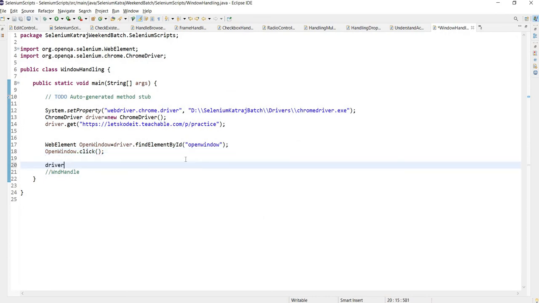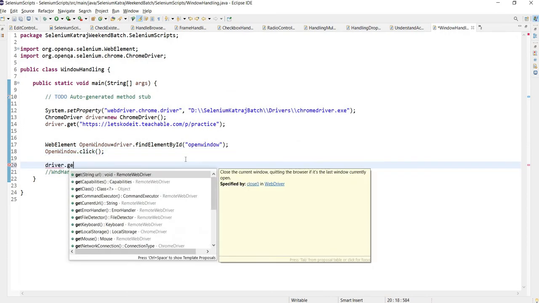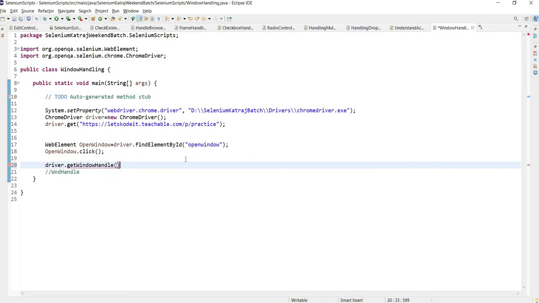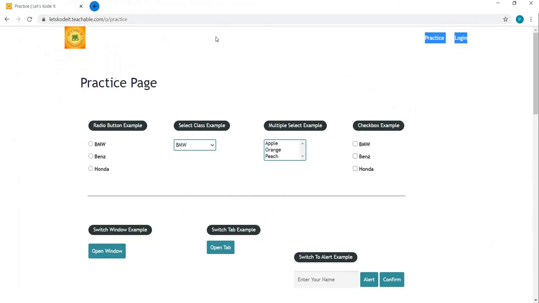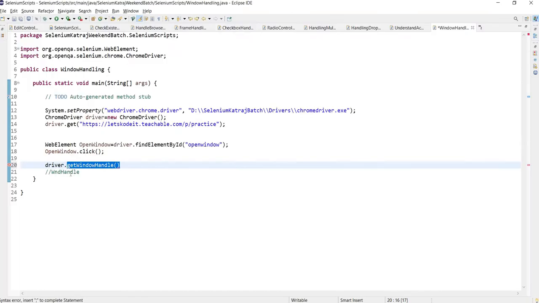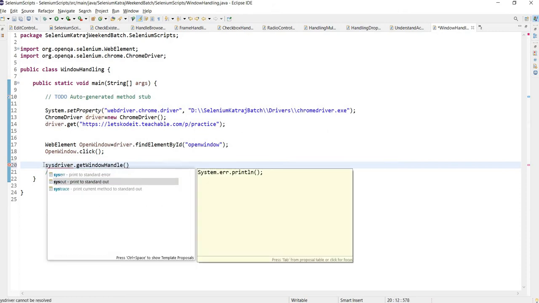So I'll say driver dot get window handle. What this does is the get window handle returns the WND handle of the current window. Now still, which is the current window? Still this is the current window, the original one. So this will return me the WND handle of the original window.